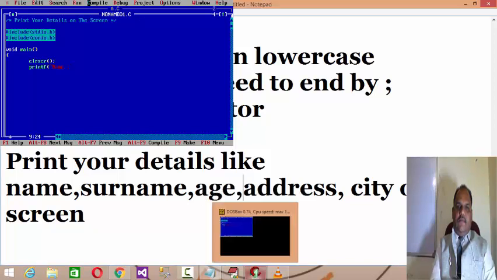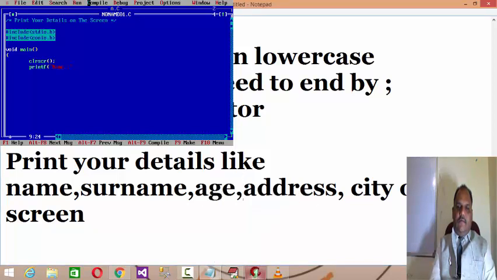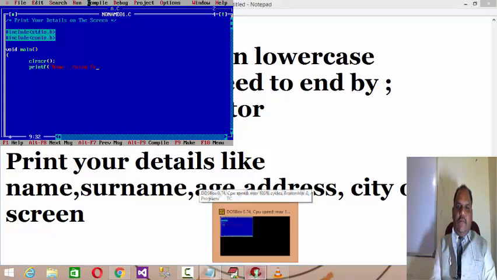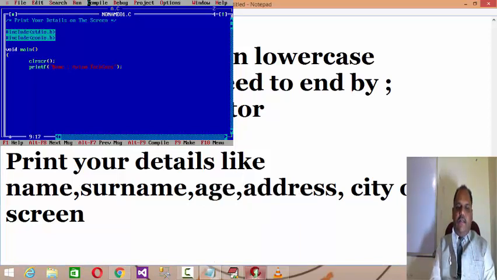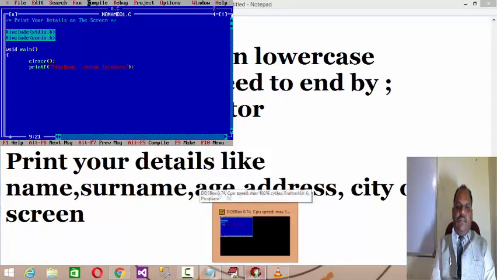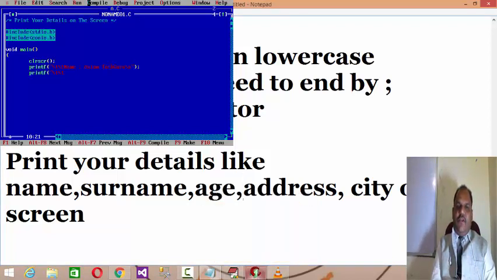Your name, let's say name, and your name will be guru. You want to go with a new line. If you want to have some space in the printing, then you can use \t, name, and then you go for the new line. Then \t to get two tabs, meaning I have a fixed space,